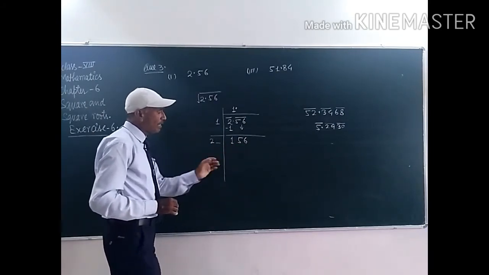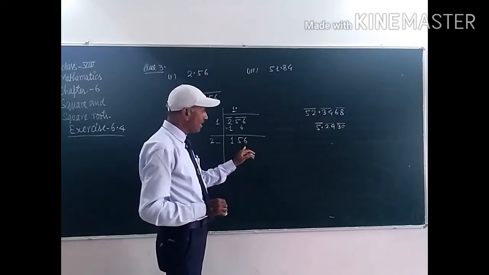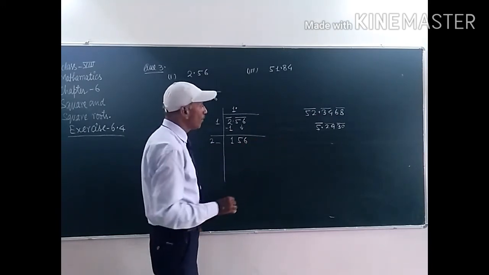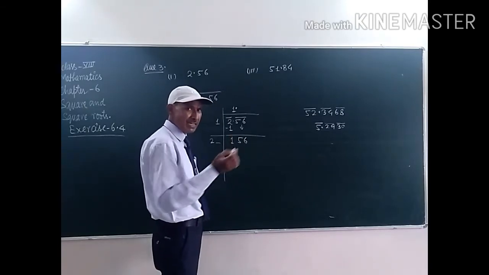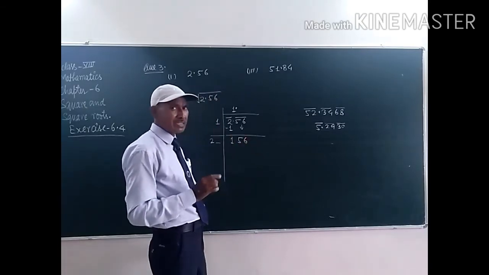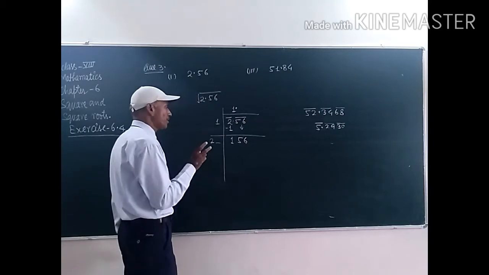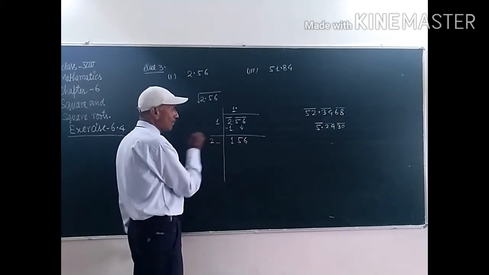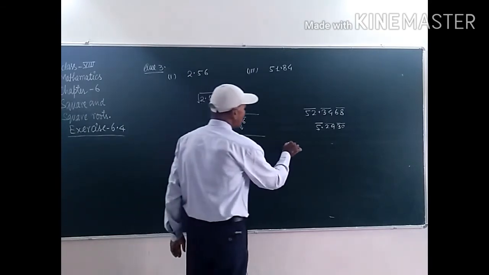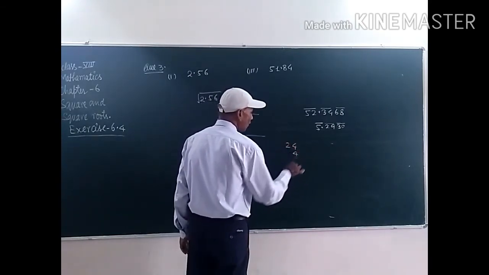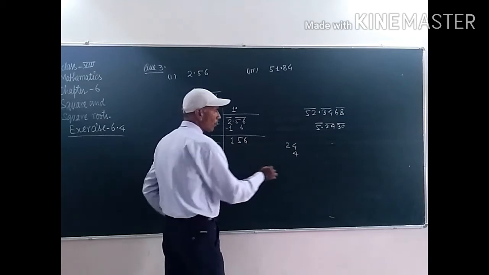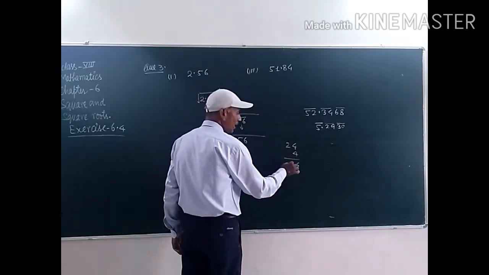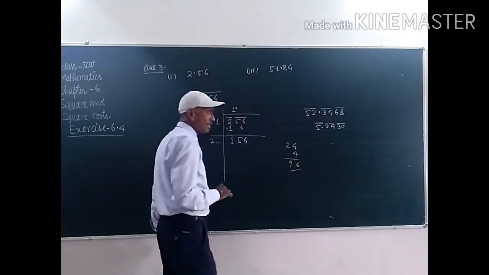So in the unit place of 4 squared there is 6, and in the unit place of 6 squared there is 6. Clear, student? 4 4s are 16 and 6 6s are 36. So the unit place will be 6. There are only 2 numbers, so we have to choose one. If we take 4 here, then this is 24, and we have to multiply it by 4. So 4 4s are 16 and 4 2s are 8, and 1 carried makes 9, so it will be 96, student.